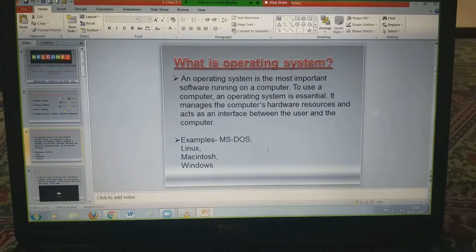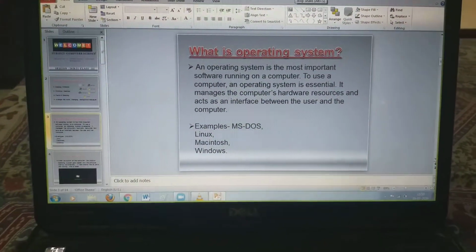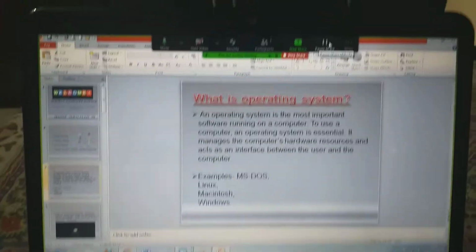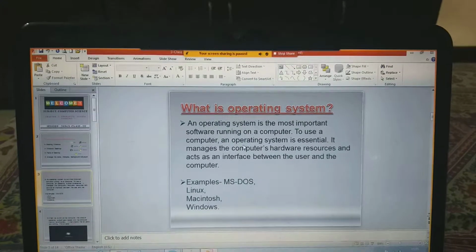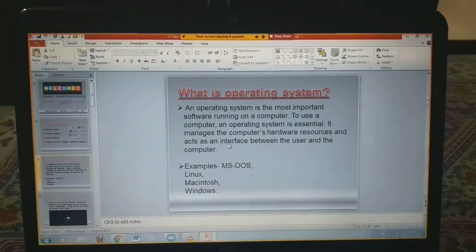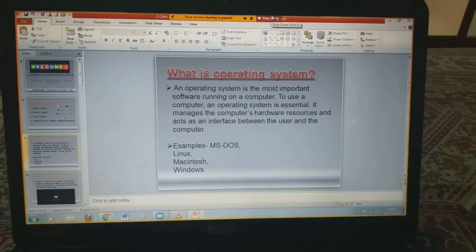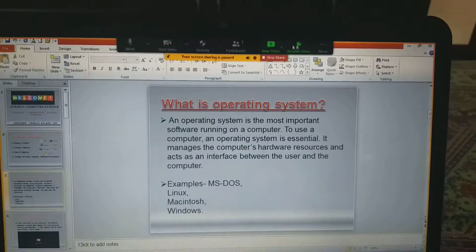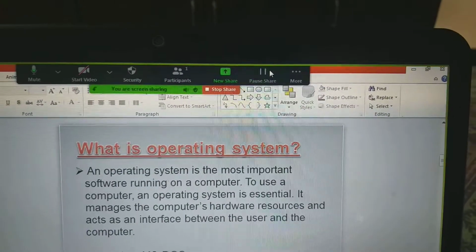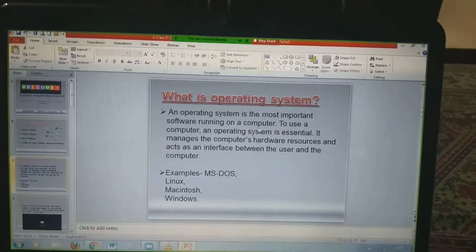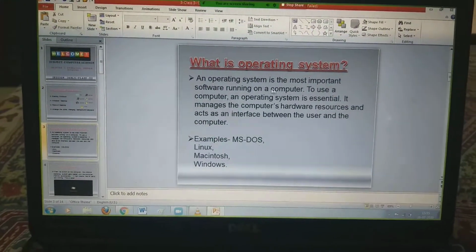Now if I wanted to stop my screen, I'll not stop. If I say pause my screen for the time being, I can pause my screen, and I can talk to the students in between also. So coming back to resume my screen part, resume my sharing part. So I'll come back to this sharing part again. So this is all about how.